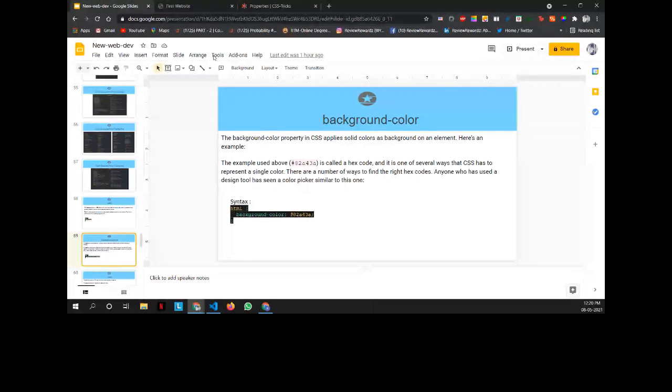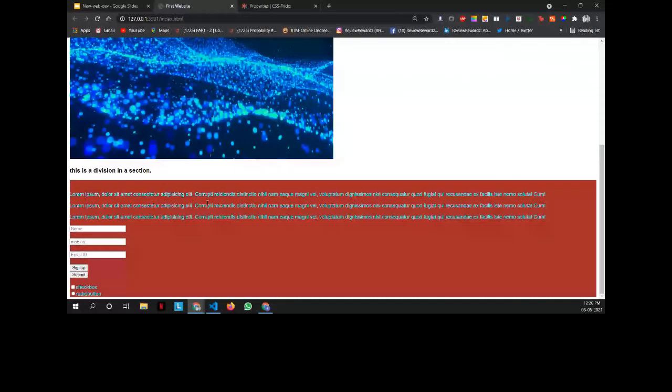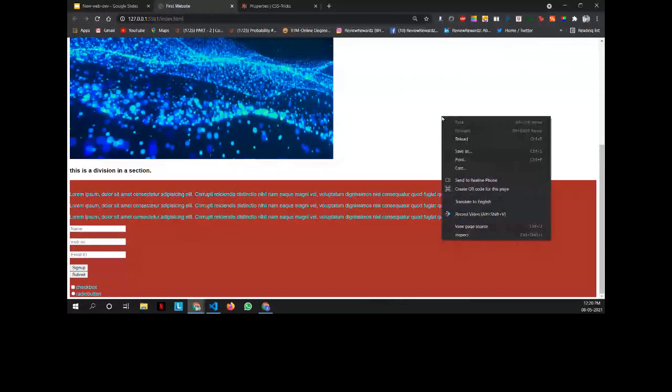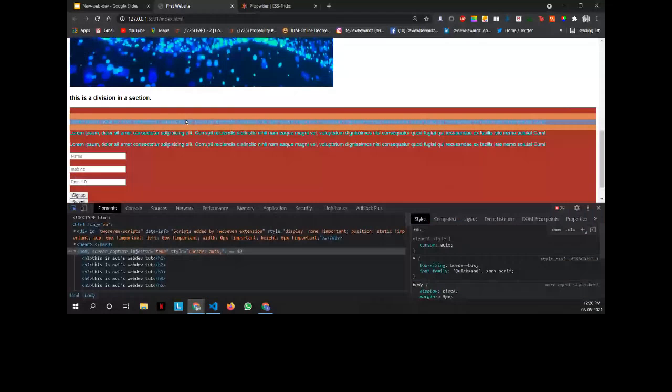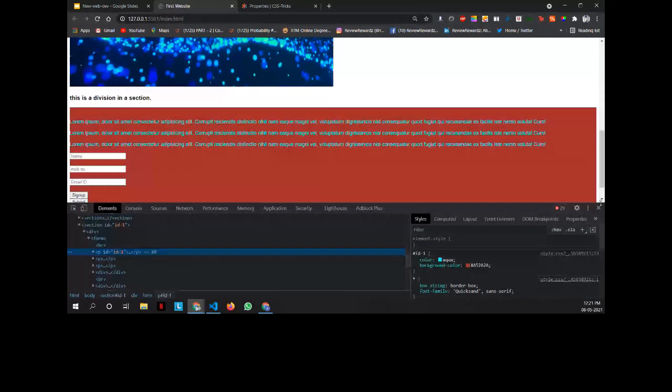So before moving ahead, any tag you see, like this is the P tag, right? The P tag has a whole section or division allocated to it, given by the HTML itself. If I hover over it, you can see that it has its own padding and its own margin. I'll get into what exactly padding and margin are, but as you can see, it's a whole division out here. So whenever we apply CSS, even if it's an H1 tag or a P tag, we can still add background color to it because it's a whole element. It's not just the text written inside it. So that was just a heads up.